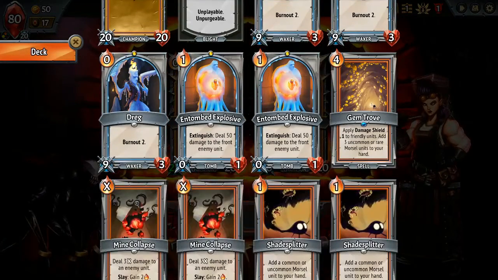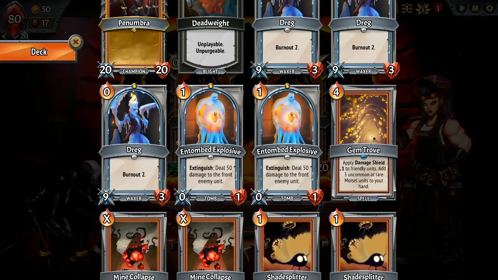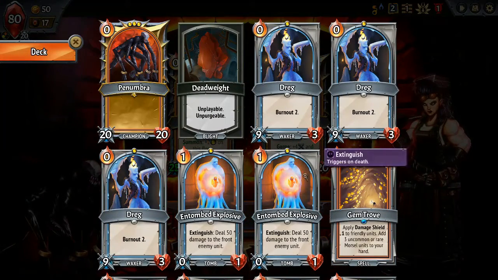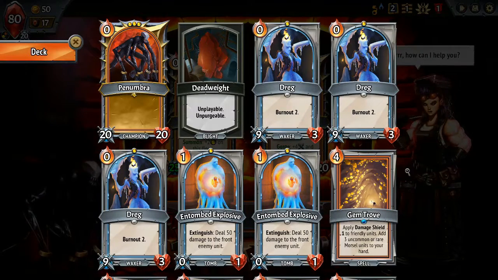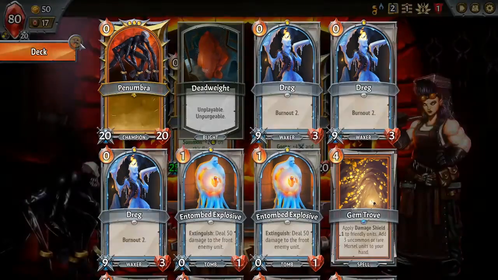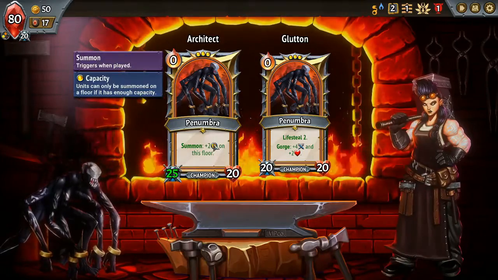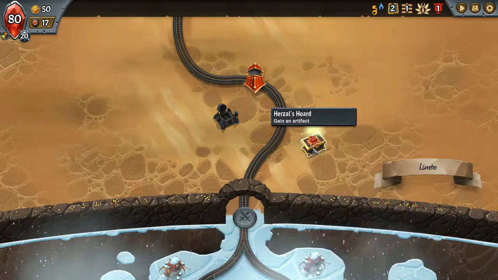And then I have these burnout dudes, so I don't really have any real units besides these train stewards. These guys are gonna basically disappear after a couple shuffles of the deck. And I can't really give them morsels and do much with them. So I'm trying to think, but this doesn't really help with that strategy either. So I think I'm going lifesteal with the gorge, and maybe try to get some units that care about gorge